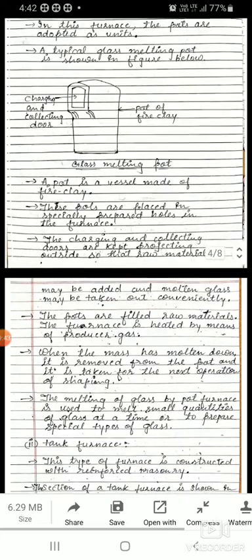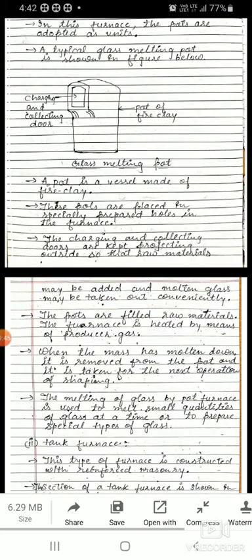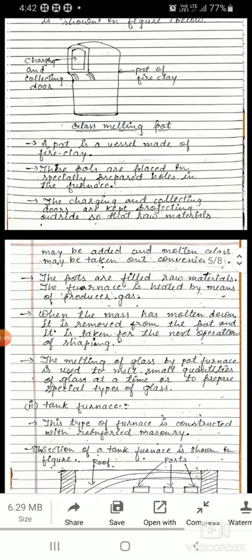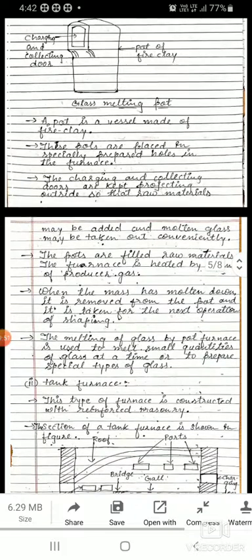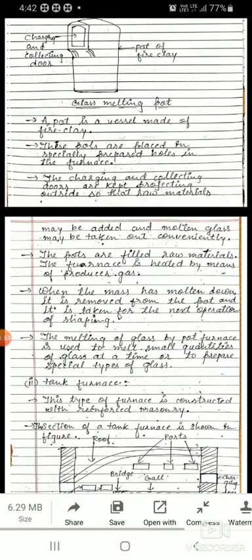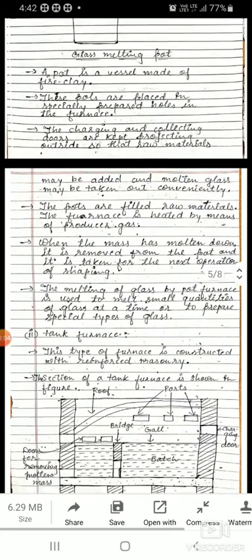A pot is a vessel made up of fire clay. These pots are placed in specially prepared holes in the furnace. For charging and collecting, doors are kept projecting outside, so it will be convenient to put a charge or to collect a charge.